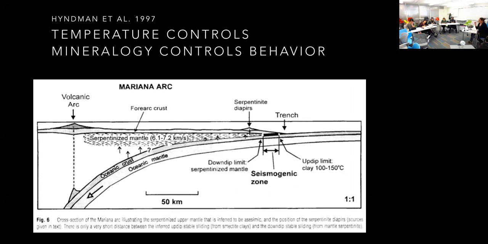So the temperature doesn't exert necessarily the direct primary control on the rock properties, although in some cases it is that. But there's a big control the temperature exerts in controlling what the mineralogy of the rocks are, and different minerals have different rock properties with respect to brittle behavior. So there's kind of a dual effect. One is the rock properties vary with temperature, and the other one is mineralogy varies with temperature, which causes variation in the rock properties. So this figure is also from Heinemann, and he shows how, let me get my green